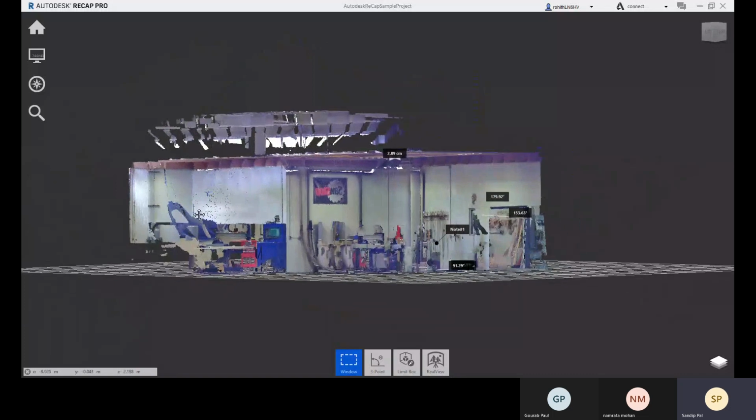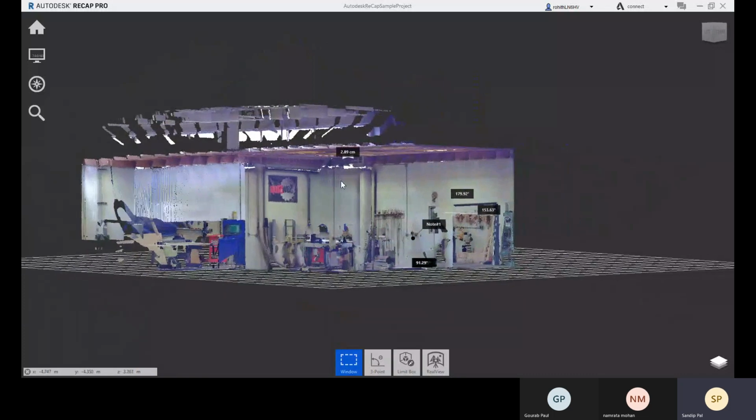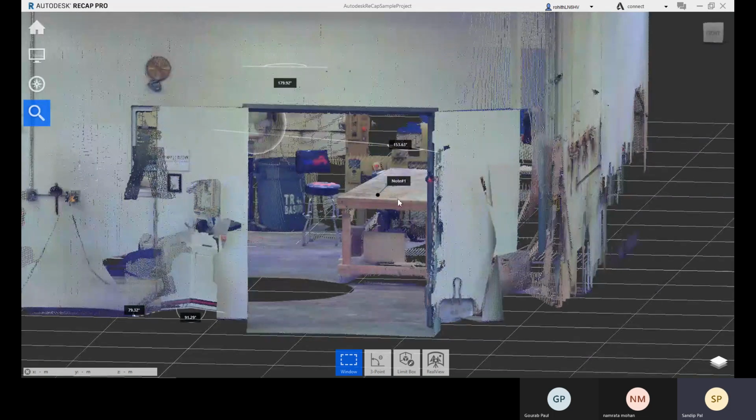Now suppose you need to search anything here, and you need to access it quickly. So here we have this search button, and you can type it, like you can go for note 1. So there it is. Whenever you click on it, there is this location symbol, and it will direct you to that location.